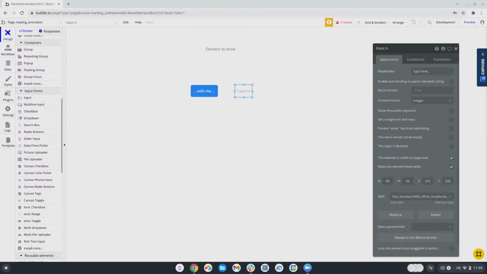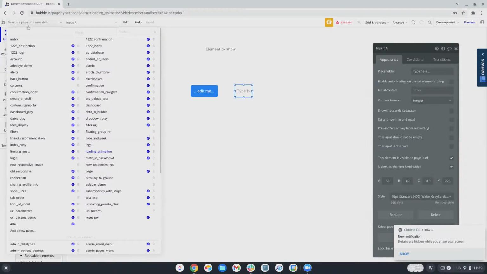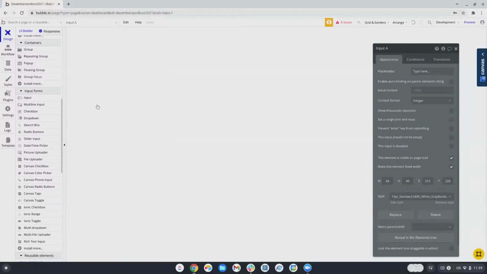Number one, because the page load speed is the slowest thing in Bubble, just in general. So the idea is that for each user type, you want to minimize the number of page loads that they experience in a single session. So if I'm looking at my dashboard here,